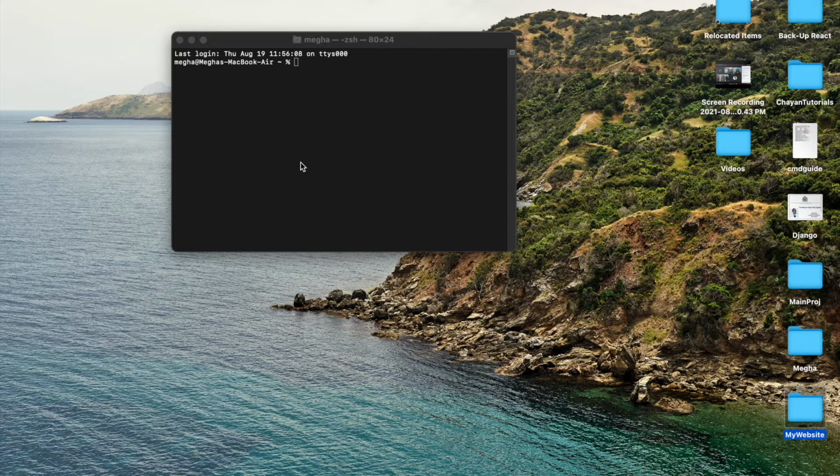Now inside this particular folder, I would be creating my main project. Say the name of that main project of mine is going to be MIS portal, whatever, some portal. So I first have to navigate into the particular folder which I've created, my website.